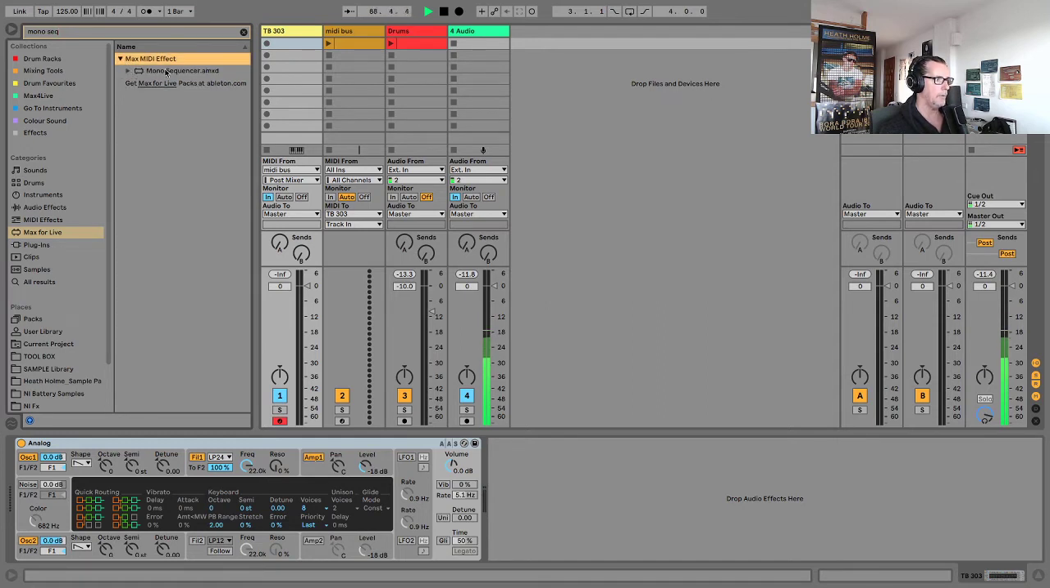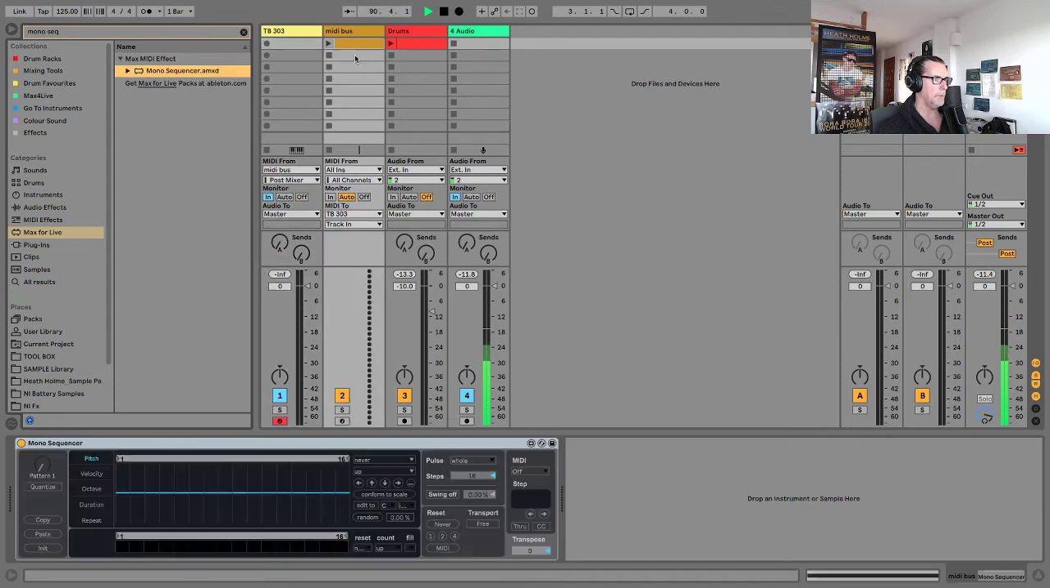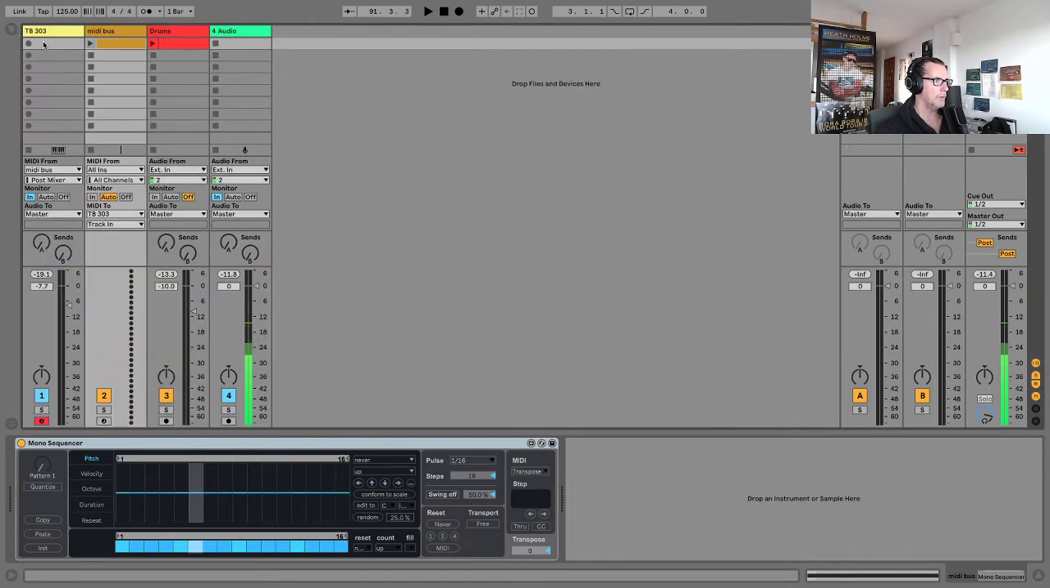Drop down the arrow there, and there is the mono sequencer. I'm going to grab that, drag it over and drop it on the MIDI bus, and boom, we get a sound straight away, which is a good start. So first things first, I'm going to work a little bit on the MIDI Bus track, which now contains this